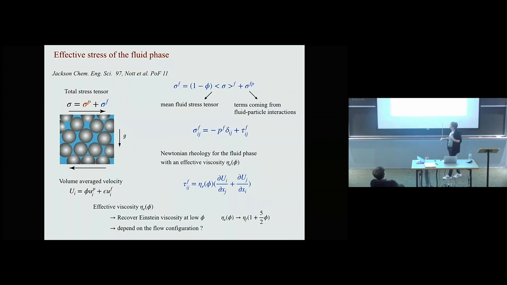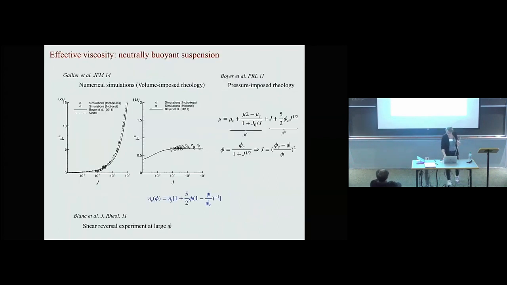So what do we have to take for this effective viscosity? We know that we should recover Einstein viscosity at low phi. But the question is, does it depend on the flow configuration? For example, if you take experiments for neutrally buoyant suspension, there are a lot of experiments in this case, so